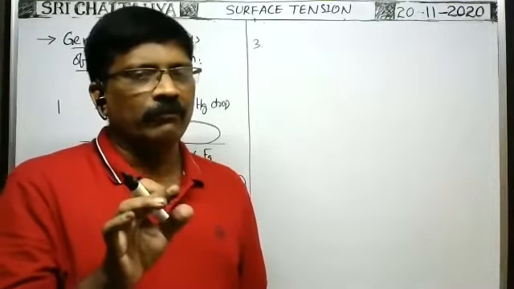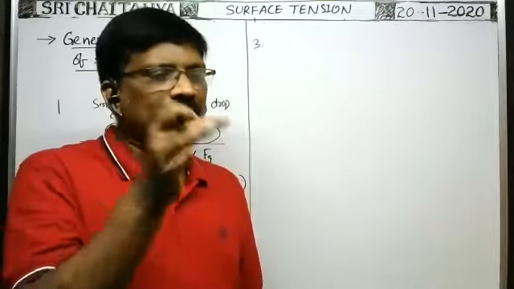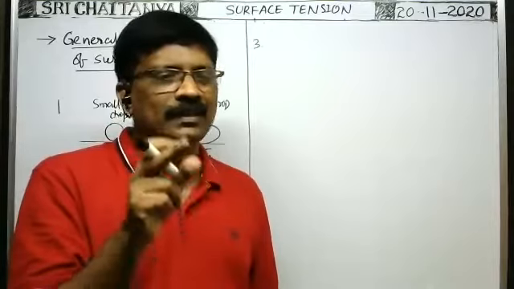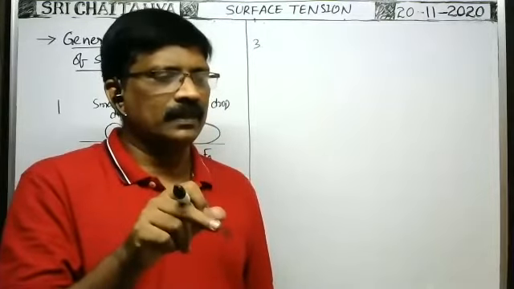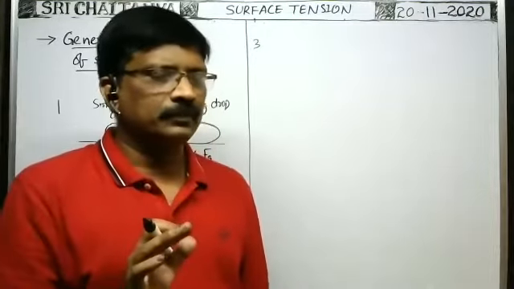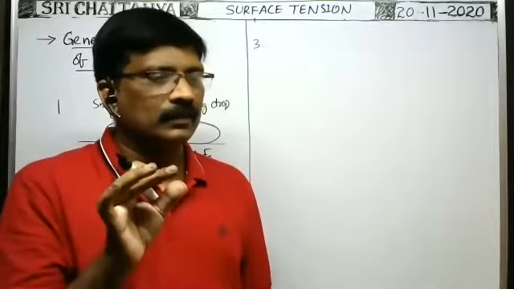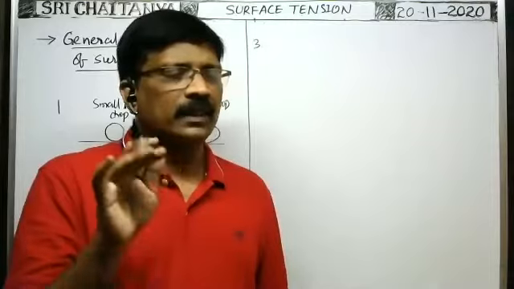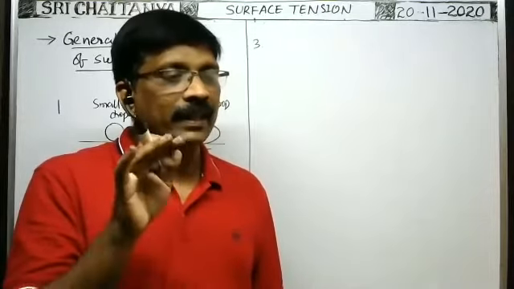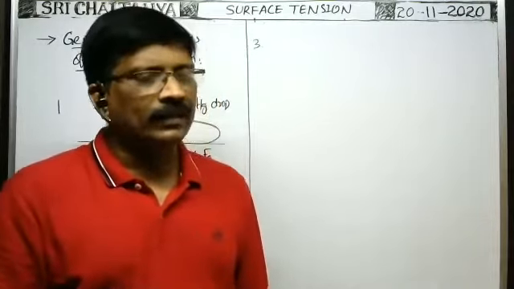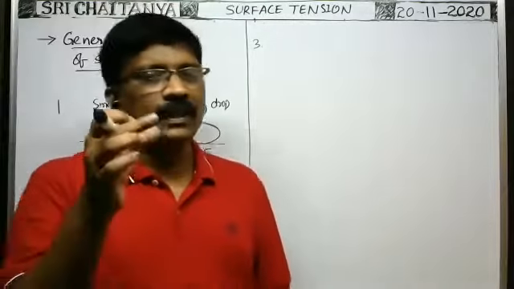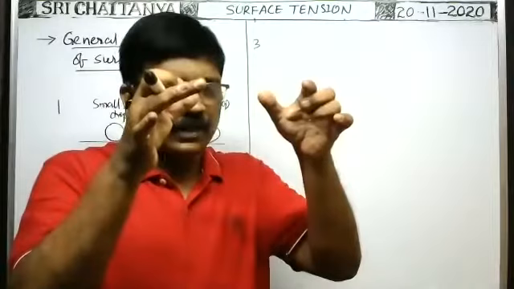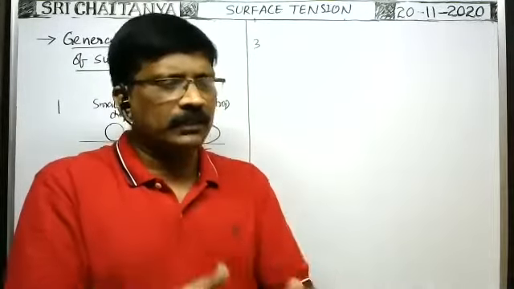A greased needle means when you keep the needle directly over the surface of the water, the angle of contact between water and needle is less than 90. It submerges. Suppose you take the greased needle, greased wire, the grease makes the angle of contact between the needle and the surface of the water greater than 90. So you keep that needle over the blotting paper and you keep the blotting paper over the surface of the water or surface of the liquid.